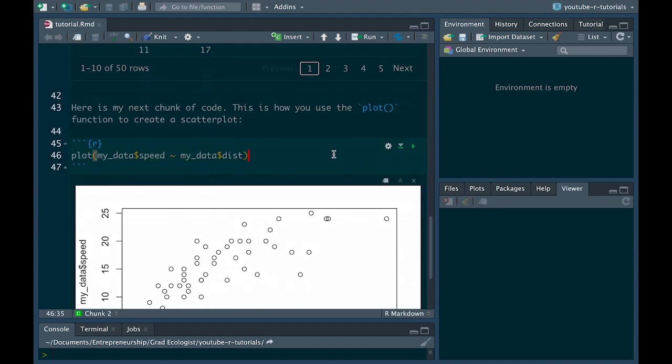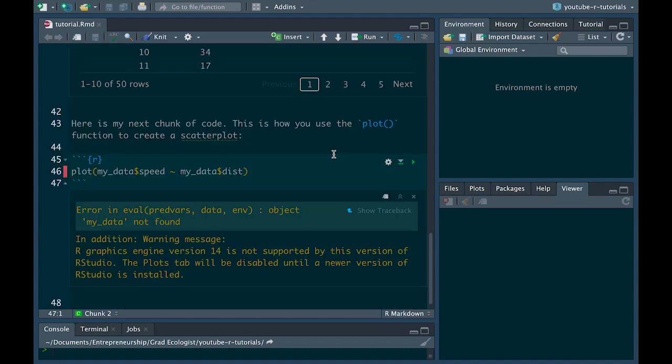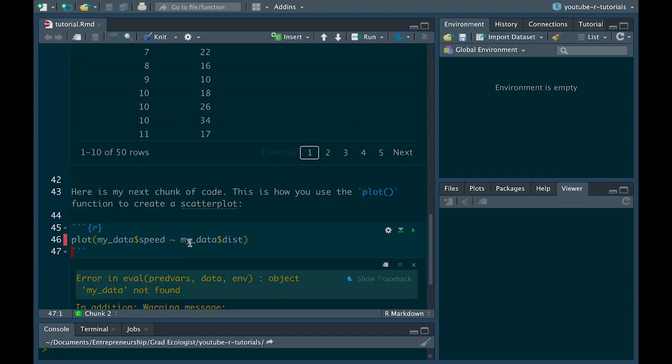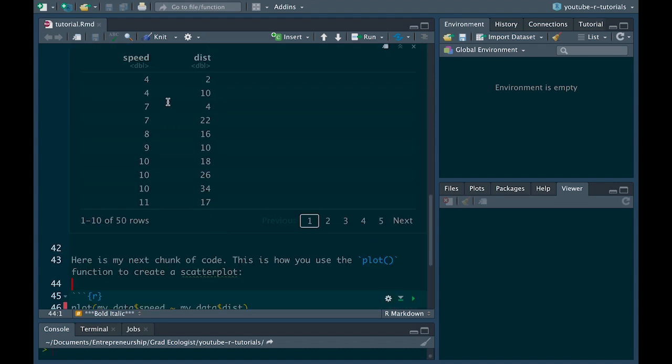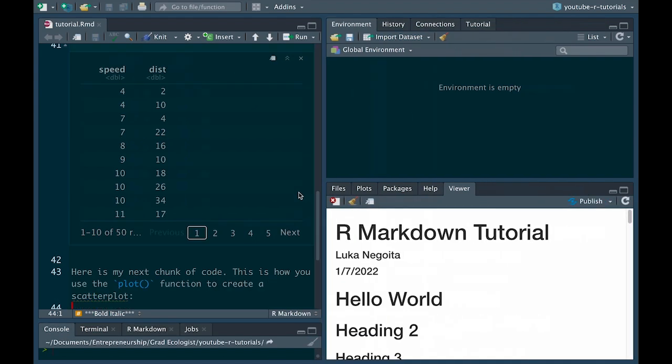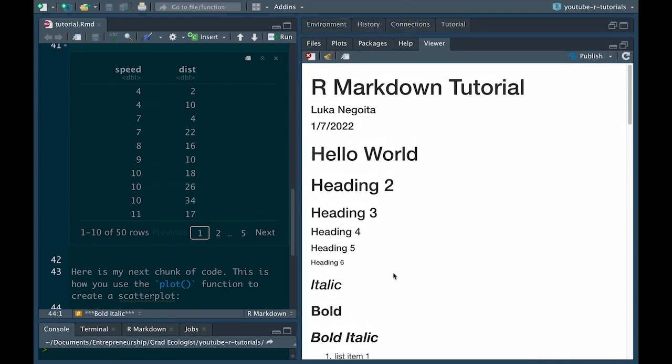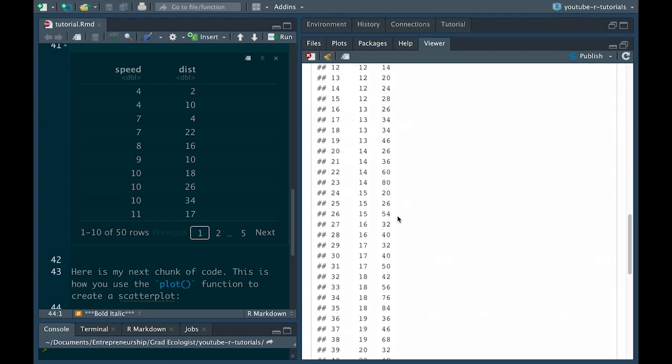So if we were to try to run this piece of code here, you'll see that there's an error, my data not found. And so even though we click to knit the whole thing and it works, because when knitting the whole thing, it runs all the code from beginning to end.